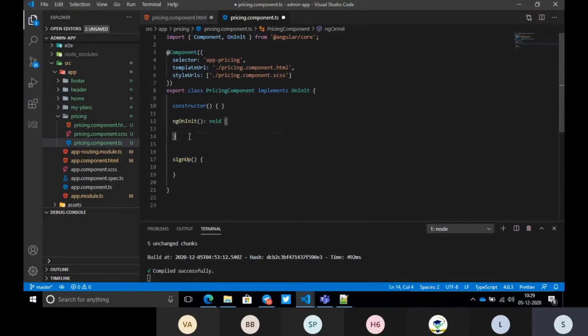Second, check whether I am writing outside of any other methods or not. These two points you need to check. With this we have done it, I have written a method. So just tell me whether it's difficult to write a method or not. It is very easy. Just type whatever name you want to give, and then open bracket and close bracket.